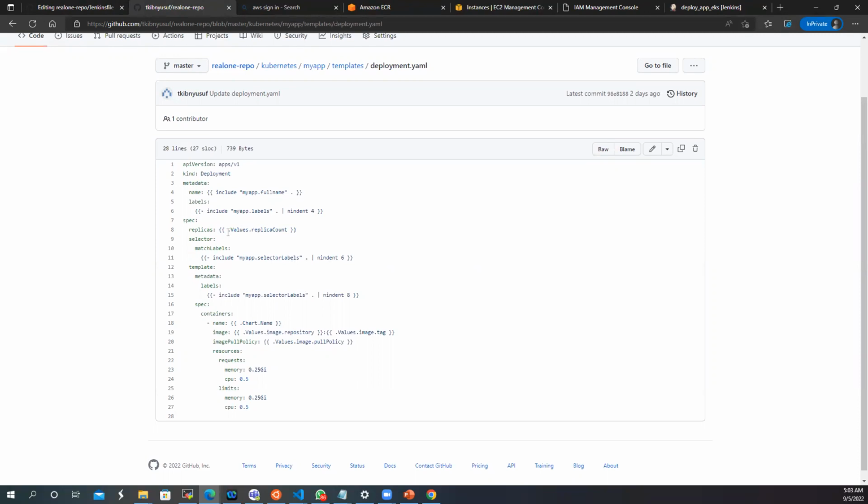You are going to use .Values.replicaCount. When you go inside the values.yaml, you are going to see the value for this replica count set to 2, right? So this is how you reference what you set inside your values file. And see how we reference the image repository as well. The value is inside our values.yaml. Image pull policy as well, right? So the next thing we want to do,